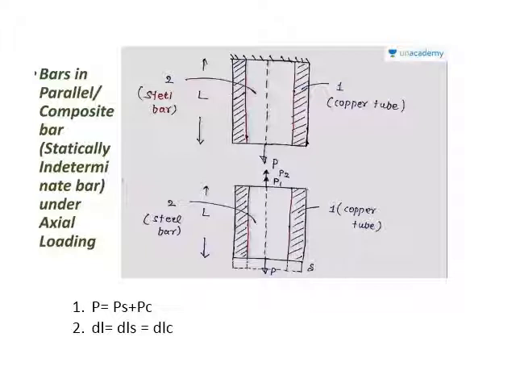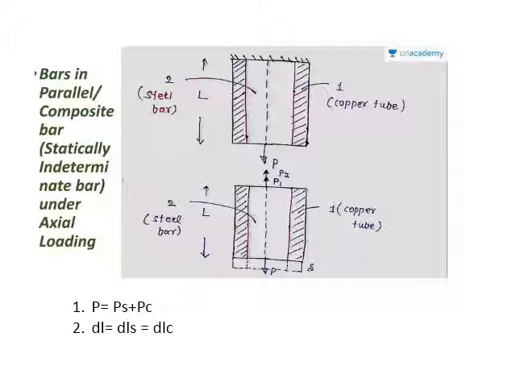So that's why, you can see my first compatibility equation, I can write it as applied load P is equal to load taken by steel plus load taken by copper. So P_S plus P_C, correct? So the total load can be written as P_S plus P_C. Both are equally responsible to take the applied load. But you cannot say P_S is equal to P_C, because both materials have their own load carrying capacity, right? The material is different, the Young's modulus is different, right? So that's why I can say total load P is equal to P_S plus P_C.